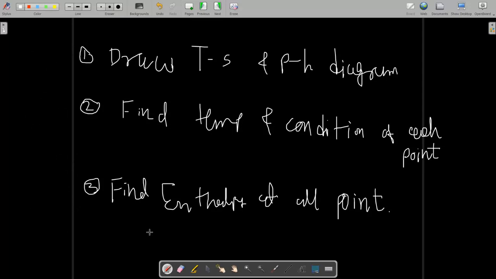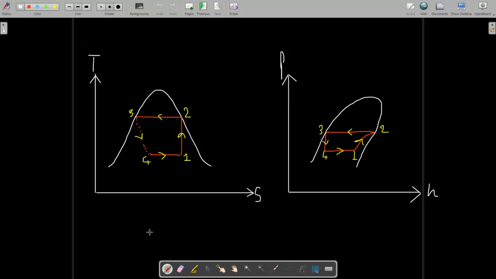So just by using the first law of thermodynamics, I hope you know how to apply it to an open system, because these individual components, compressor, condenser, evaporator and expansion device, are all open systems. And if you consider the whole as one system, it is also an open system. So I assume that you know how to apply the first law across all the devices. Here I have already drawn the diagram as per the given condition.